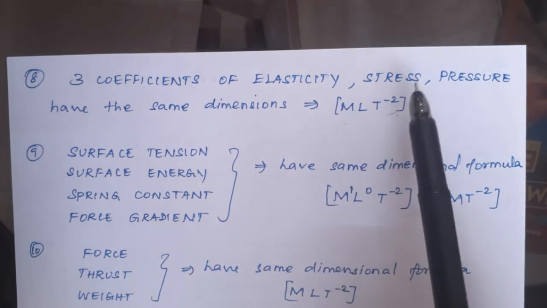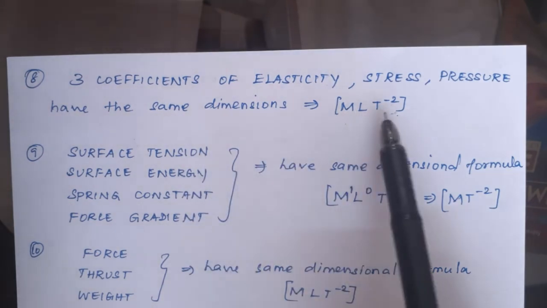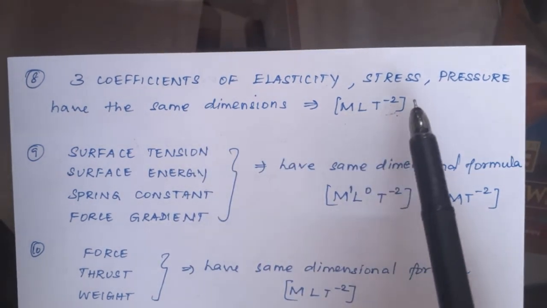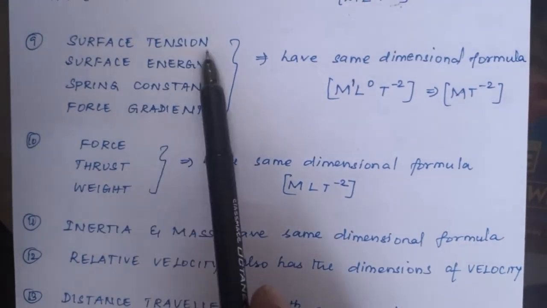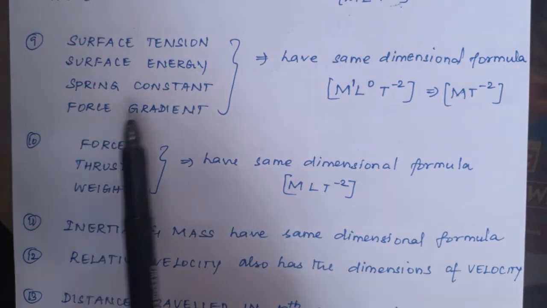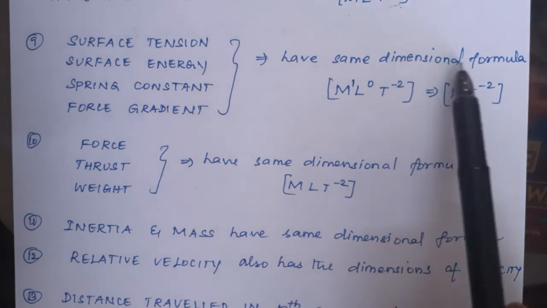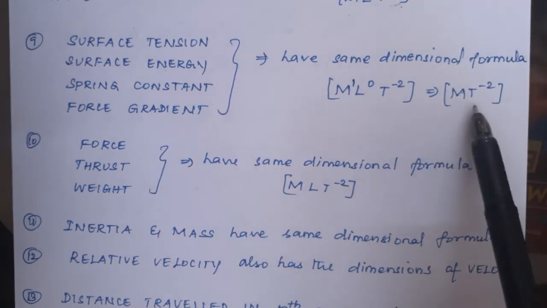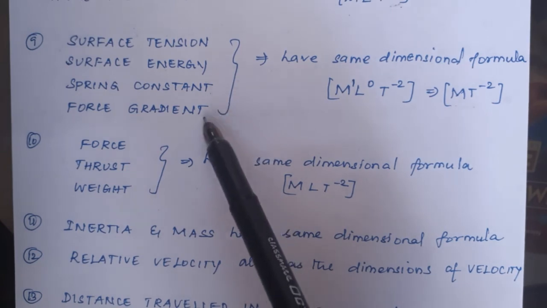Then stress, what is stress? Stress is nothing but pressure. Again pressure, all have the same dimension of force, which is M L T power minus 2. Similarly, surface tension, surface energy, spring constant, force gradient, all these have the same dimensional formula, which is M T power minus 2. M T power minus 2 is the dimensional formula for surface tension, surface energy, spring constant and force constant,